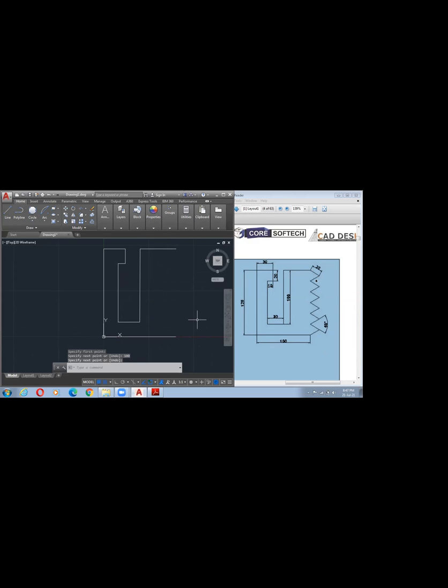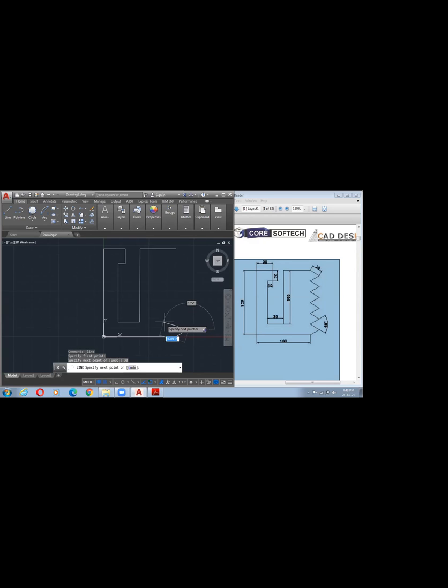Now whatever the remaining thing we need to calculate in angle. From this end to this end it is 60 degrees. Okay, first one, select line, select this first point. Overall it is 60, means from the center it will be 30 degrees at top and 20 length, 30 degrees, enter.